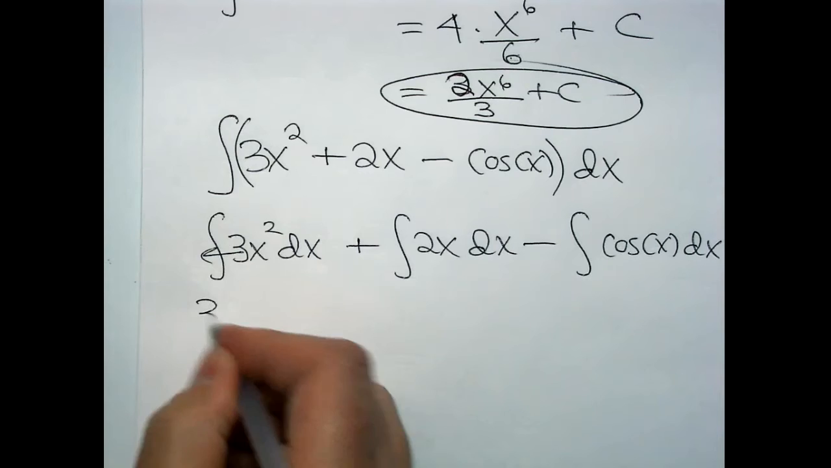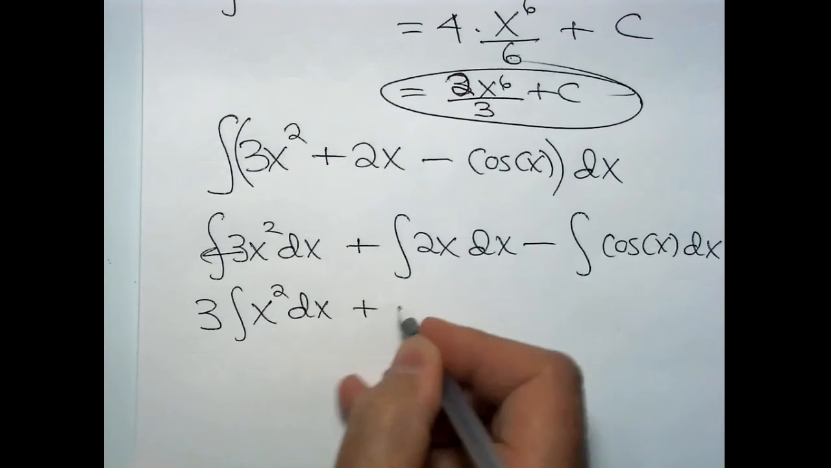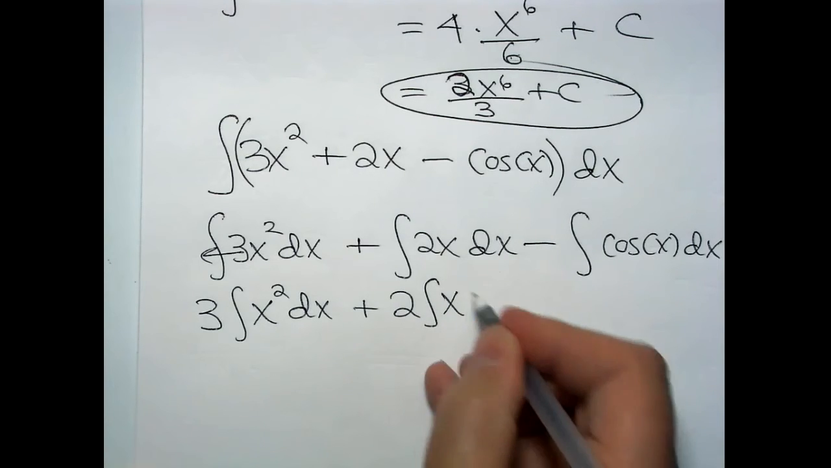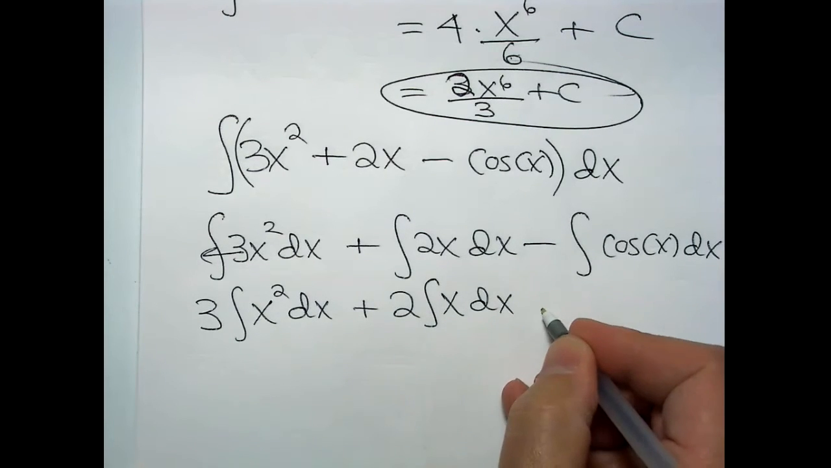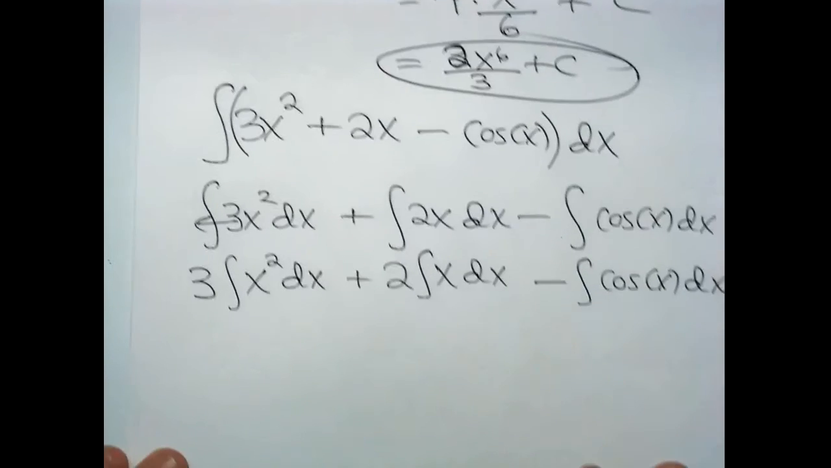The 3 is along for the ride, so actually all we really need to do is integrate x squared over there. The 2 is along for the ride, so actually all we have to do is integrate the x to the 1 power. And nothing much I can do here until I actually execute the antiderivative. Now,